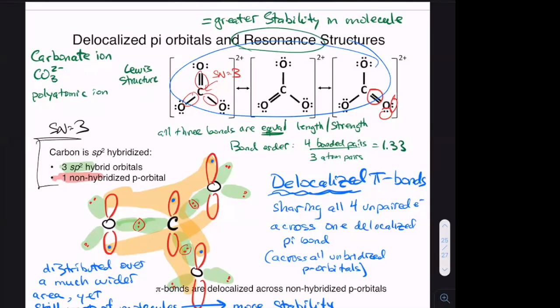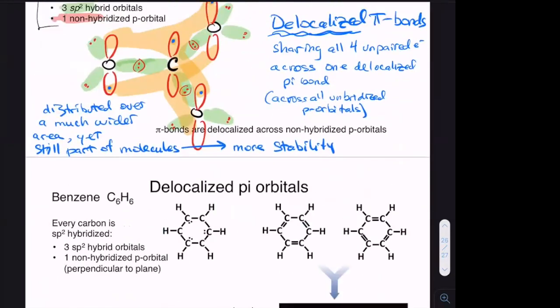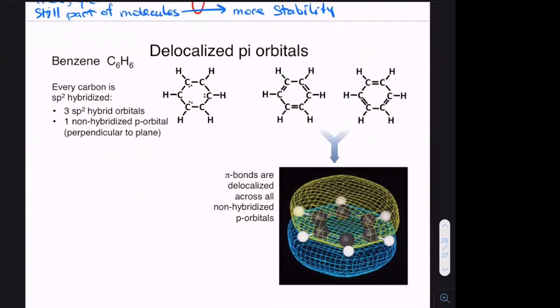If you want to see an even greater example of this in the textbook, carbonate ions are not in the textbook, but this one is benzene. I won't go through benzene, but it's the same idea. If we were to go through the time and draw out all of the hybrid orbitals and overlaps for benzene, you'll see again that you get this overlap, shown up here, one overlap above the plane and one overlap below the plane. Again, it's the same idea. It's the delocalization of those unpaired electrons in one massive pi bond. It gives you much greater stabilization. All right, so that was a bit of a mind bender, but